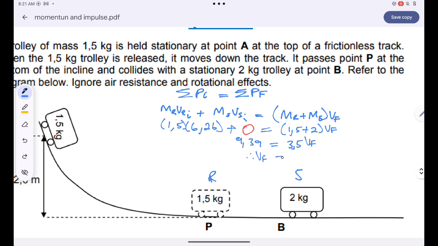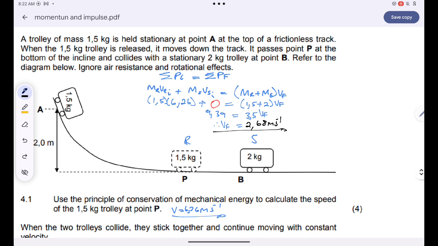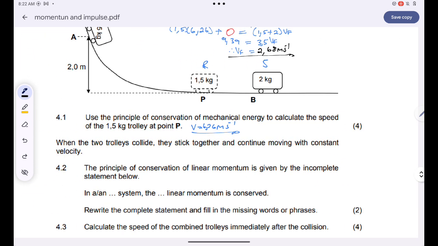So therefore the combined velocity will be 9.39 divided by 3.5. I will simply get the velocity of 2.68 meters per second. This will be their combined velocity after collision, right? Okay, so now